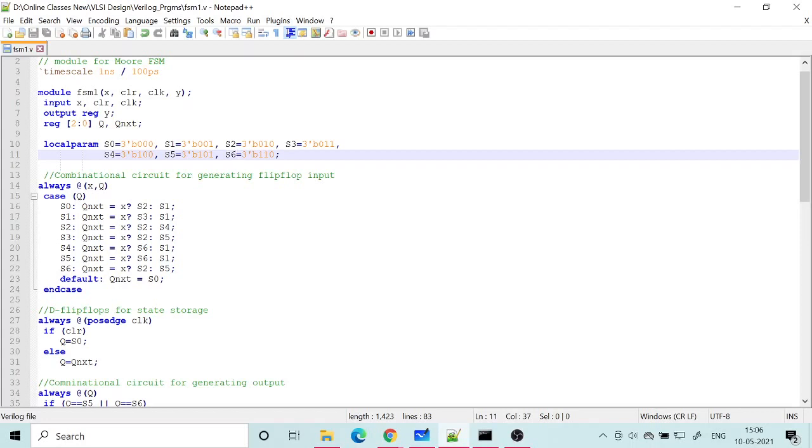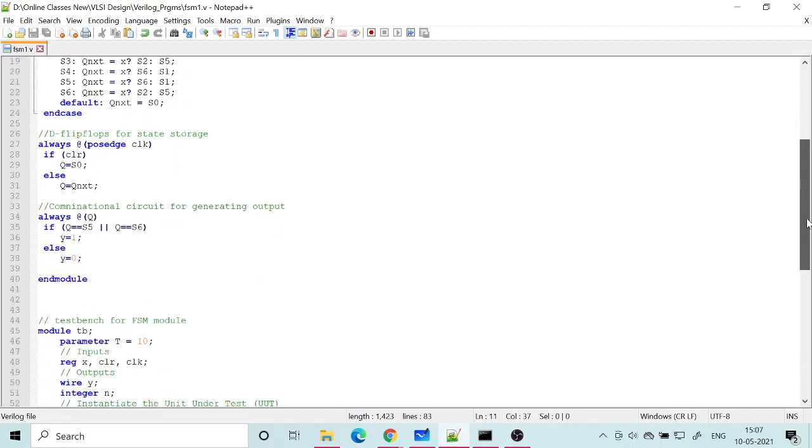What is S0? It could be any of the 8 states which are possible with 3 bits. So we need to assign that very categorically. For that I use what is called a parameter. This is a local parameter, which is different from the global parameter. Last time I think I used a global parameter, here itself in the state test bench.